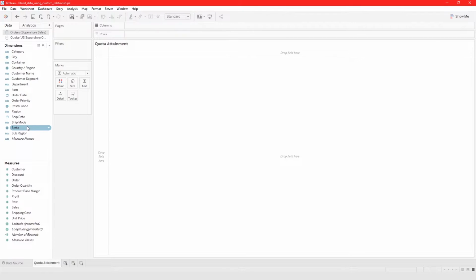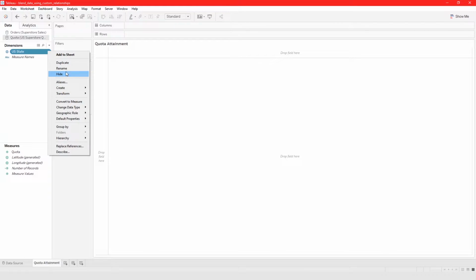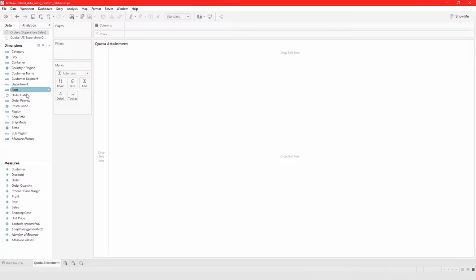One way to blend the data is just to rename it. So for example, if I go here and rename this to state, now I can blend easily between orders and quota. So for example, if I bring, let's say,